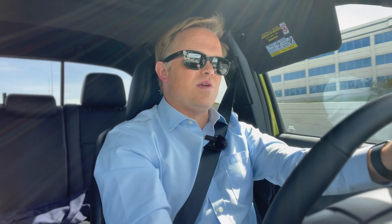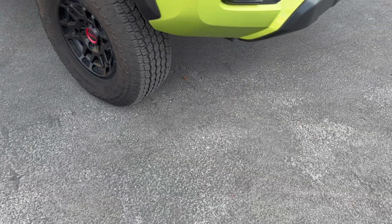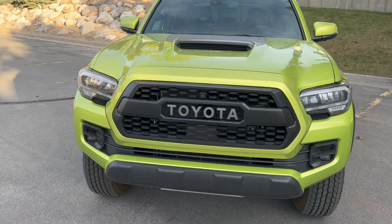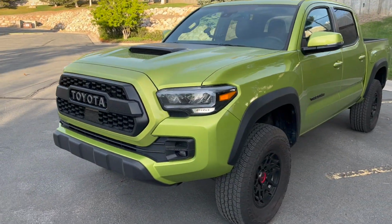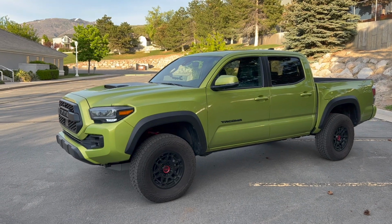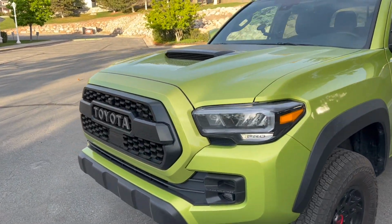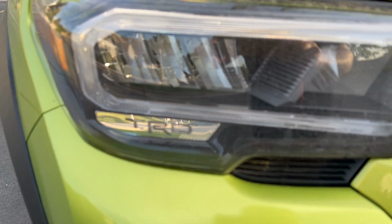So similar thinking applied here to the Tacoma, I think would make this truck, this is already a really good truck, but I think just tweaking some power and transmission stuff would really blow the competition away. But everything else about it I really enjoy. That all said, if I was looking for a compact truck, this would be right up there. And I think if you are in the market for this, you should go spend some good time with it. And I definitely think you should drive it next to